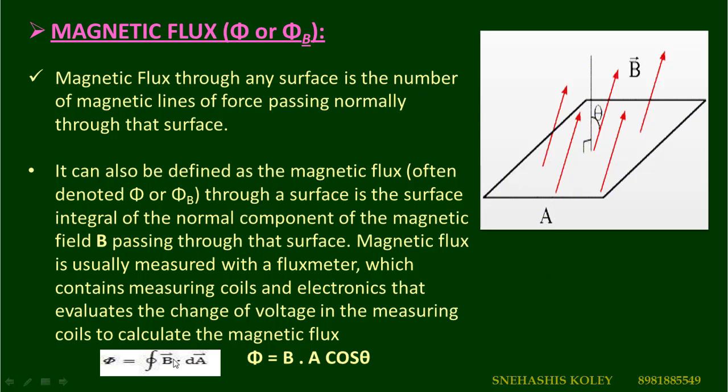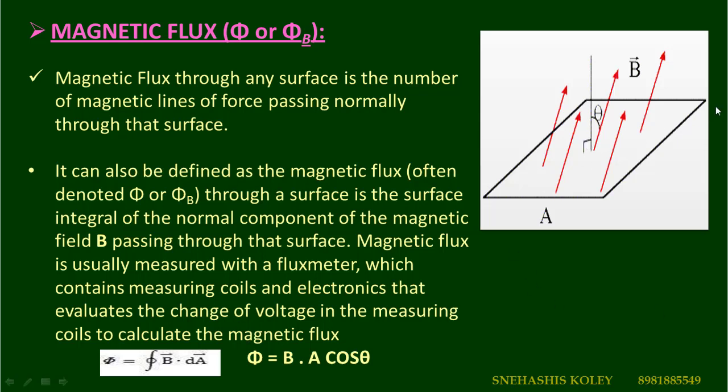To calculate the magnetic flux through a surface, we use the formula BA cos theta, where theta is the angle between the area vector and the magnetic field vector. The area vector of a surface is always perpendicular to the surface. That means for the screen of a mobile or computer, the direction of the area vector is perpendicularly outward from the screen, towards you.